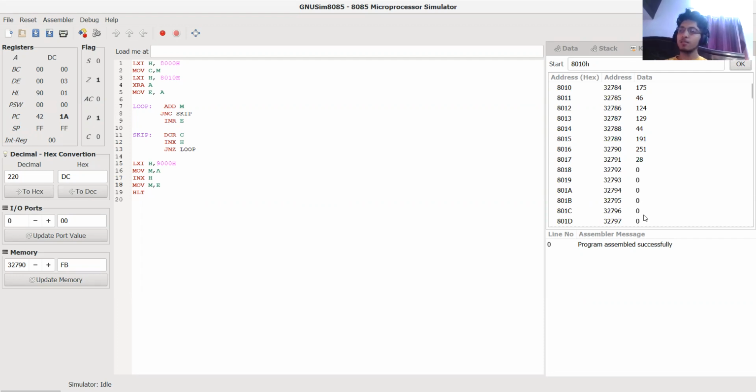So as you can see, these are our following inputs, the 8 inputs that were discussed in the slide. The difference is only that here the inputs are in integer form. You can easily get the hexadecimal value of the input from decimal to hexadecimal conversion. Our result will be stored at 9000 and 9001H, and our value of n is stored at 8000 in hexadecimal, which is 8. So now we will be assembling this program and running it line by line.